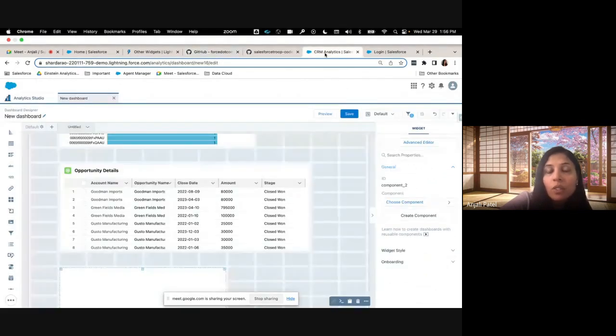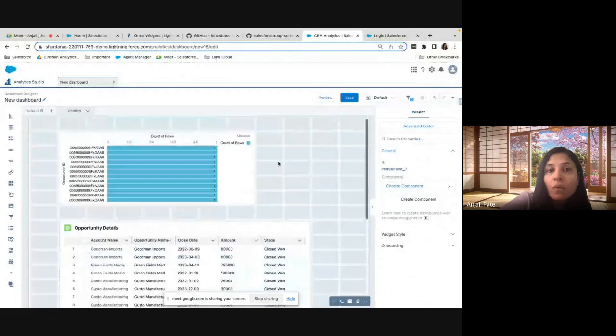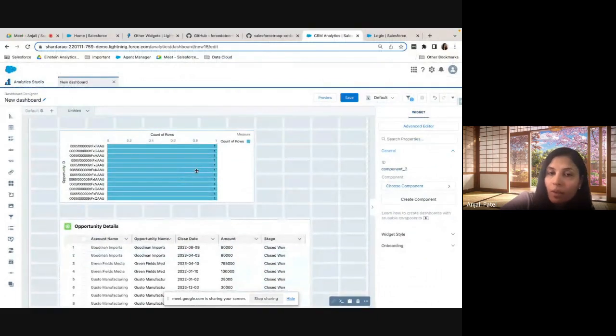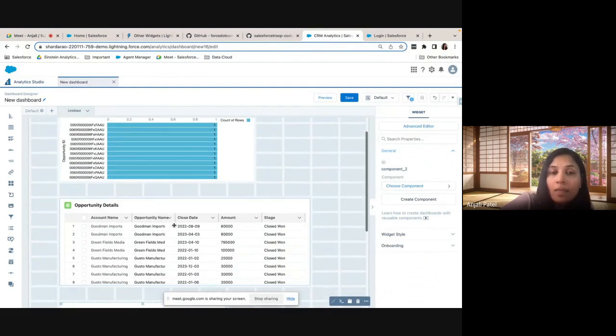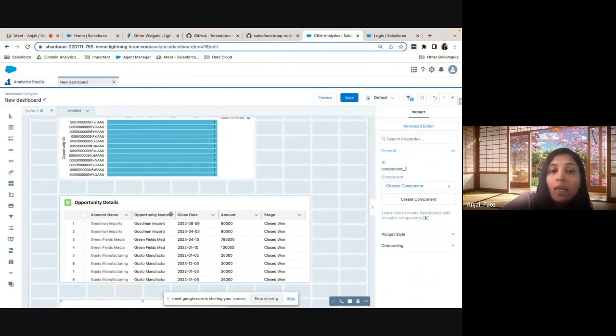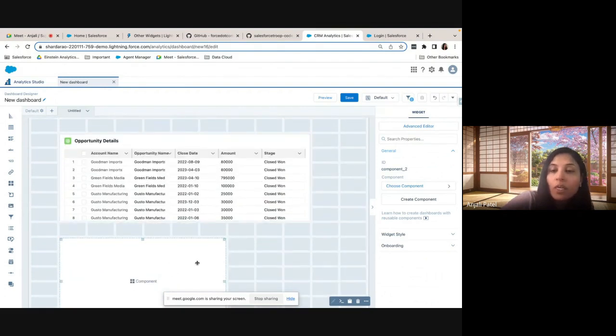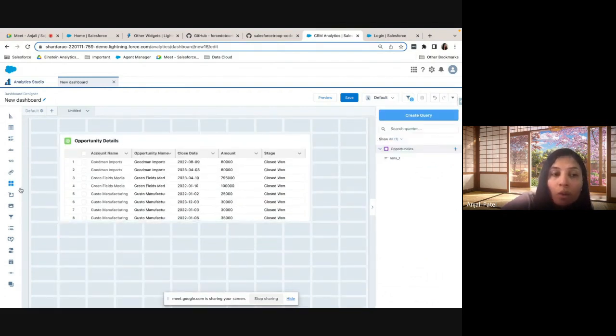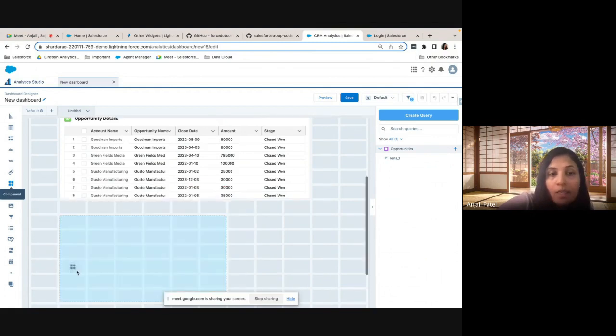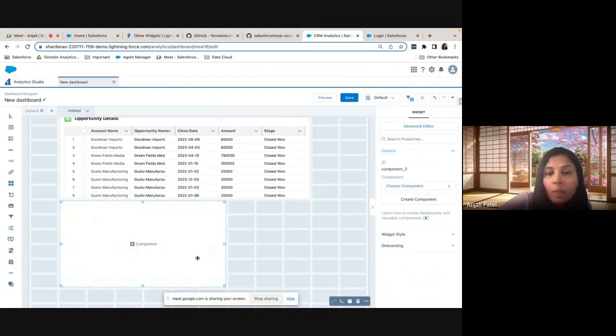So I'm going to go to the dashboard here, where I have just created one chart using my data set, which is just showing the opportunity ID. I've already added the LWC, but I'm just going to quickly show you again how to add it. You're going to drag the component widget into the CRM Analytics dashboard. And once you do that,